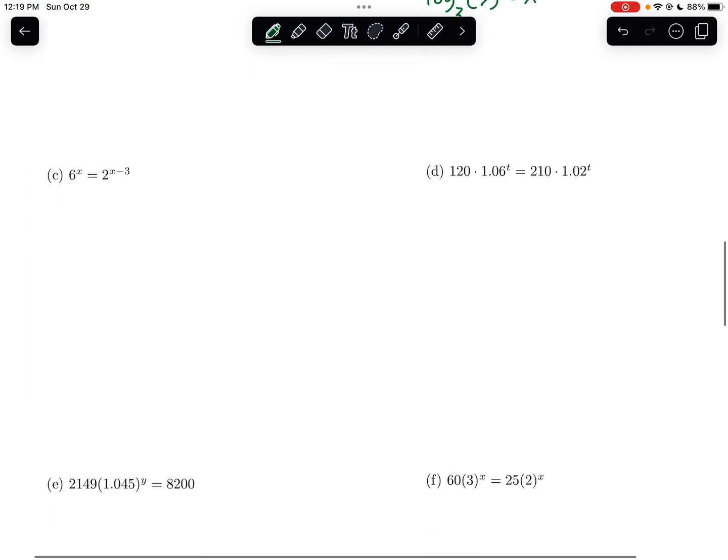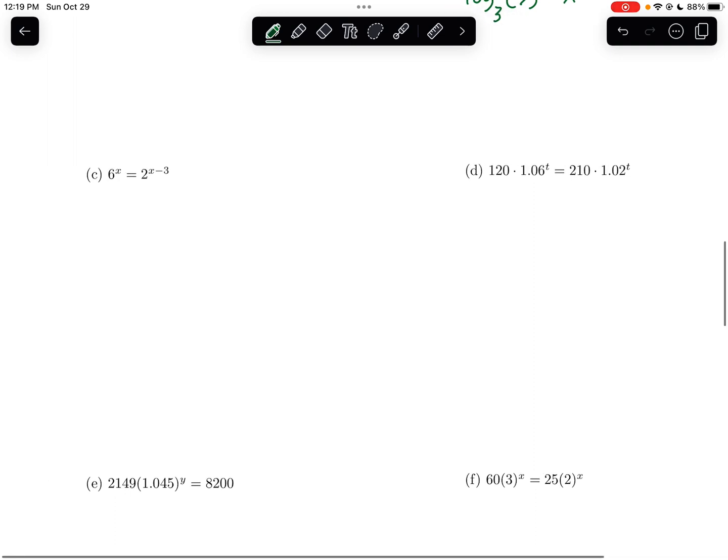Okay. Part C, this is where it gets a little bit more complicated, because now you have two different bases and different exponents. So what I would advise that you do is write this equation, although you don't have to, as 2 to the x. Well, no, let's not start that way. So